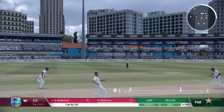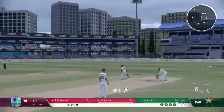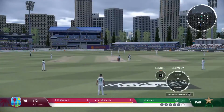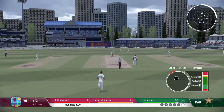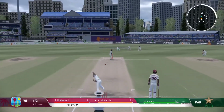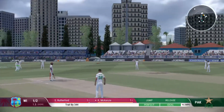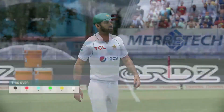There'll be runs here. Keeper's end. And they're away and nicely off the mark. Wedding collects that one, simple as you like, inside the ring. Content just to knock it around that over. 2 added to...